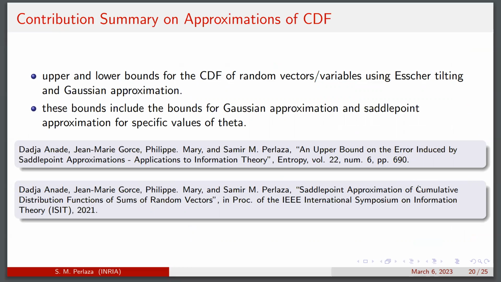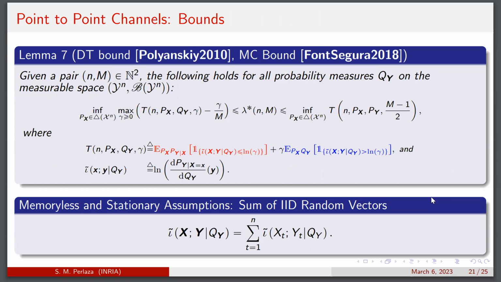So this is essentially the crazy result that we want to highlight. All right. So the contributions: taking these very easy upper bounds and lower bounds on an approximation of a CDF that does very well far away from the mean, which are the points of interest for what we were talking about this morning. Special cases of this bound are the Gaussian when theta is equal to 0, and the Saddlepoint approximation when theta is chosen to minimize the exponential term. And then back to the motivation, we can now evaluate this function T that I showed you at the beginning,